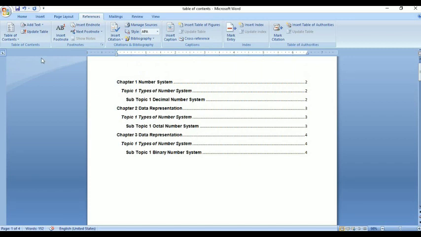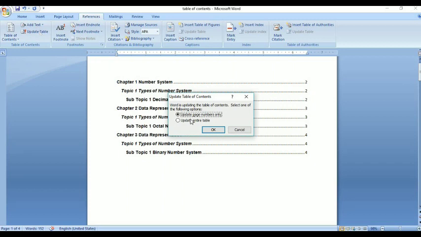Simply you have to go to the table of content group under the reference tab and select update table. Once you click on update table, you will get the update table of content dialog box with two options: update page numbers only or update entire table.